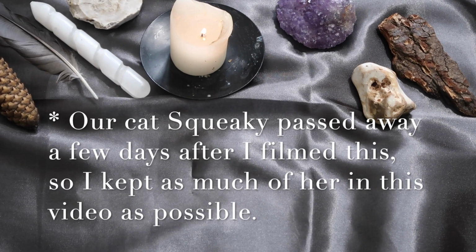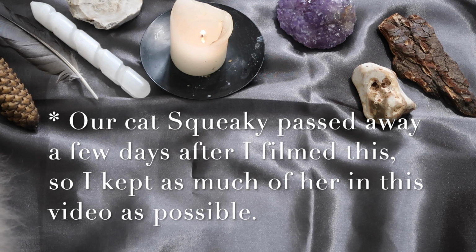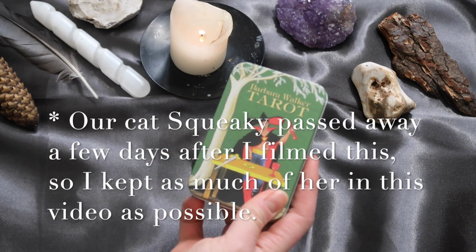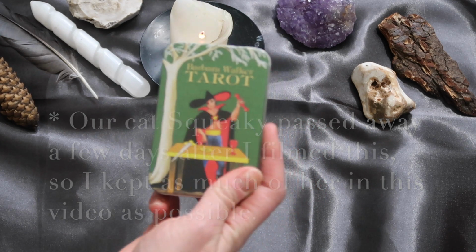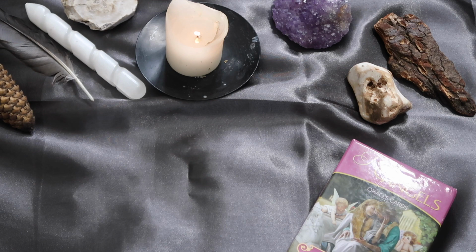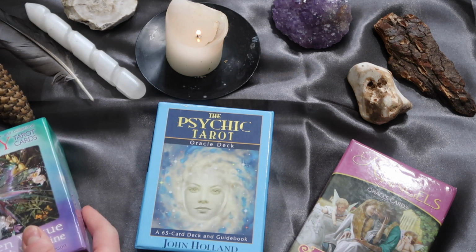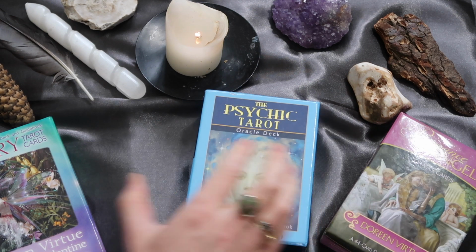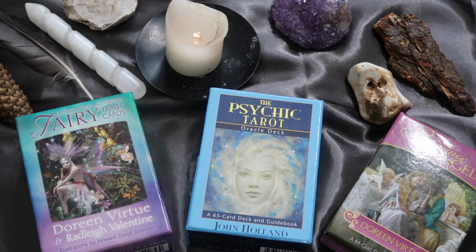But yeah, the Barbara Walker Tarot was present throughout and used a number of times quite significantly throughout 2022, an important deck for me. Whilst I was reading for a number of people, I found these were 3 decks that I use quite frequently when reading for others. There were a few others as well that I've shown in previous videos, like the Mermaid Tarot by Lo Scarabeo. I couldn't get away from that, I did use that, but again, I think I use these more,